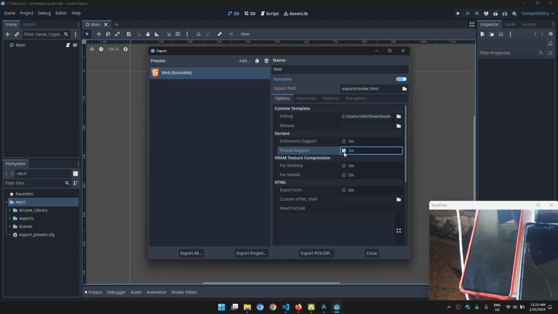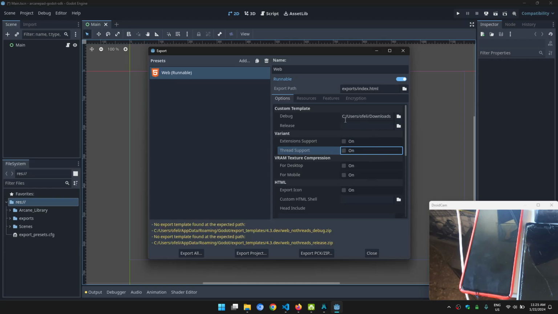Here we need to uncheck this thread support. This is the whole problem that we were having with Godot 4. So this is a new feature, thread support off, and that's why we need this new template. If you have the new version of Godot, this is probably going to be downloaded automatically, but now we have to manually add it. So now with thread support off and with this template, we can just